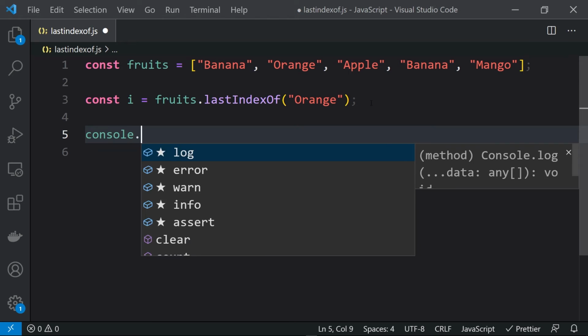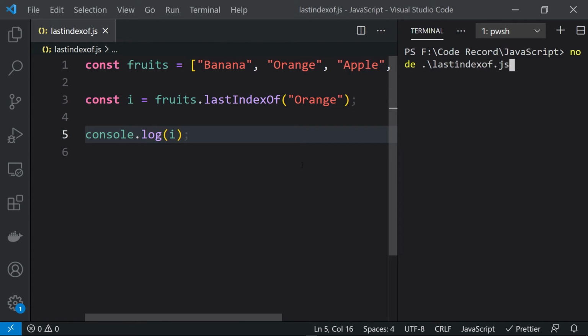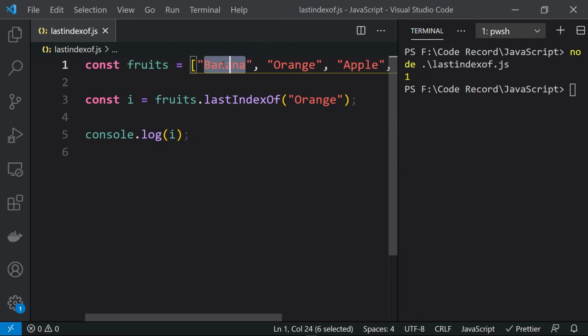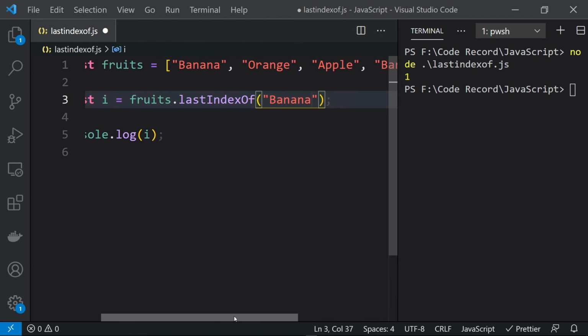and let's print this value, console.log index over here, and let's run this. And here you can see that the last occurrence of an orange inside a fruits array is at the first index over here. Now if we give banana over here, we have two bananas at the 0th